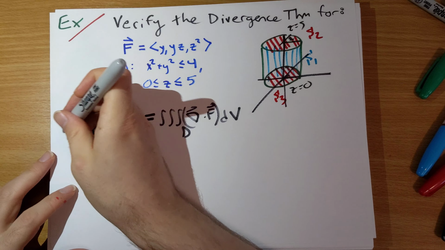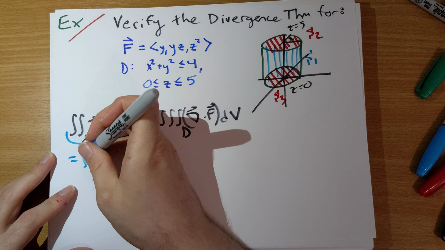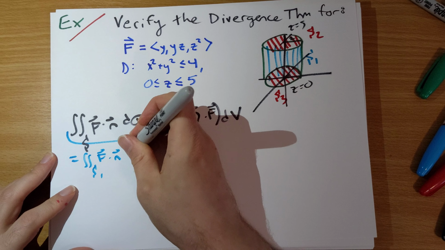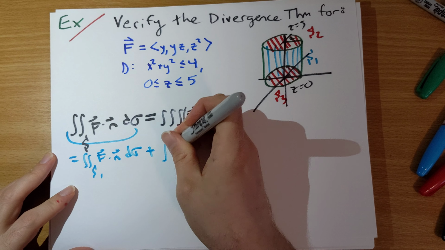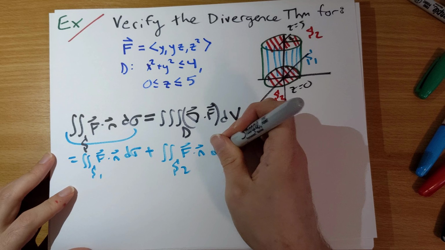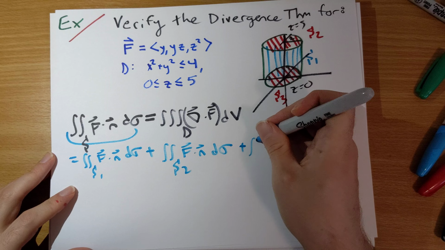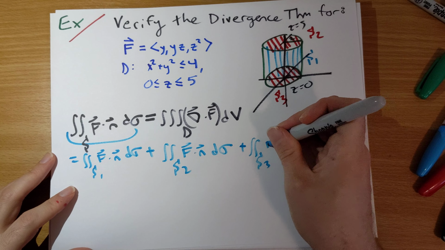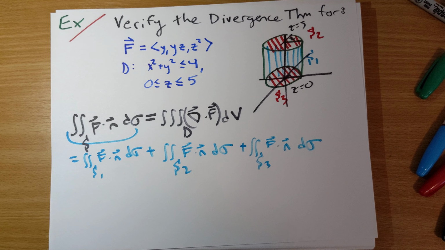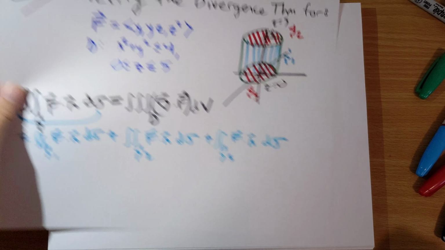So this integral is equal to the integral over S1 of F dot n d sigma plus the integral over S2 of F dot n d sigma plus the integral over S3 of F dot n d sigma. Okay, we need to take these integrals one at a time. So for S1,